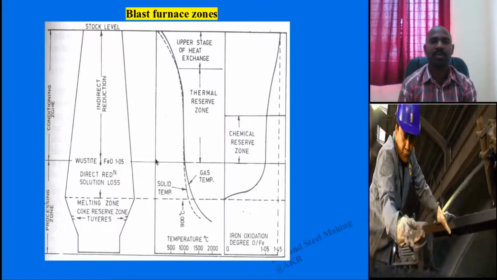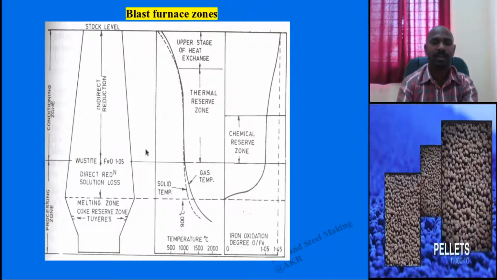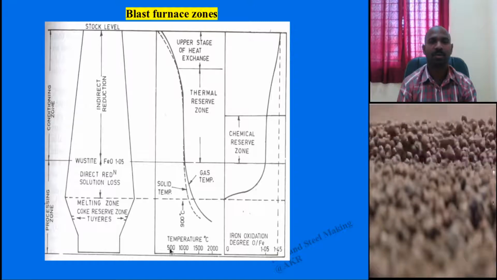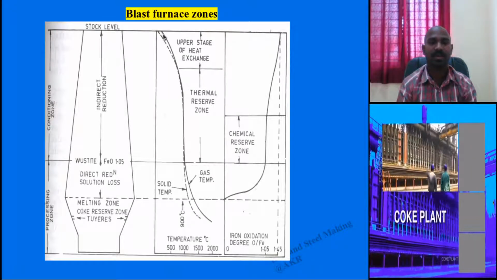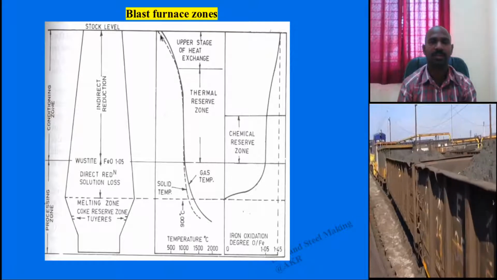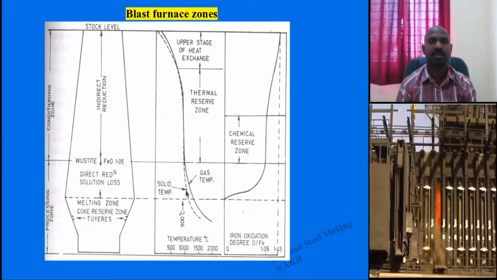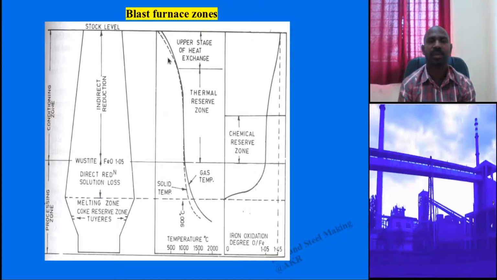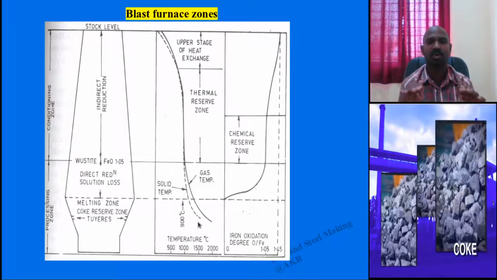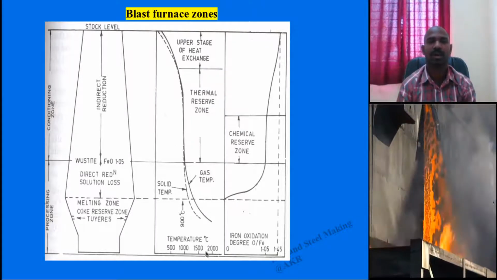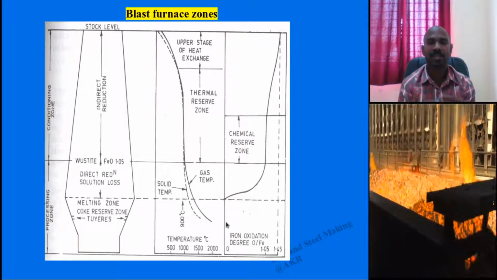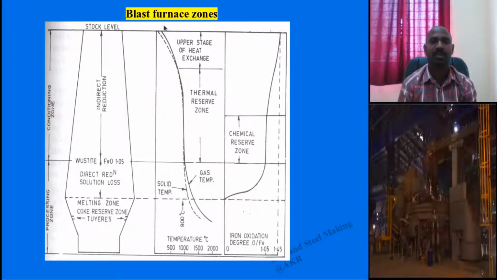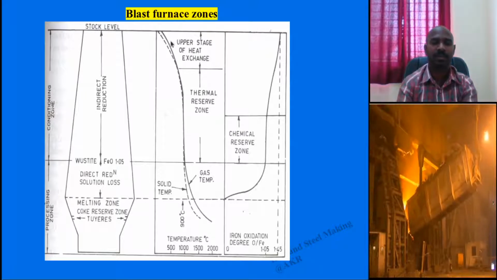This is mainly concerned with the solid temperature, which, for example, is 500 degrees Celsius, or 250 degrees at the top of this stack zone, and 900 degrees Celsius around these things for the solid also. And the solid is coming down, descending, while the gas is going up. The gas temperature of CO is, for example, in the hearth zone from the tuyeres around 2000 degrees Celsius, in the middle it is 900 degrees Celsius. As it goes up, the temperature reduces.